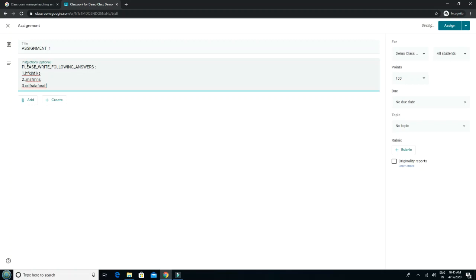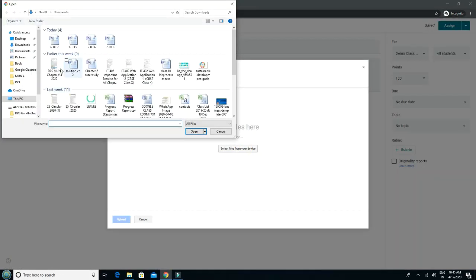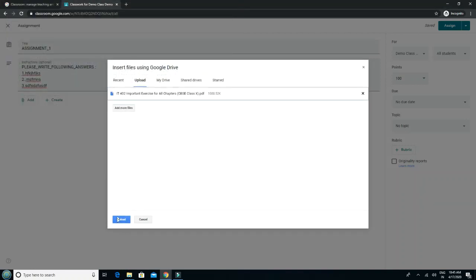If you want to add your worksheet here, you can also add your worksheet from the link, file, YouTube or Google Drive. That is, if I want to add my worksheet, then I will upload my worksheet from my computer. Let's suppose IT. Okay, it is my worksheet and I will upload this.